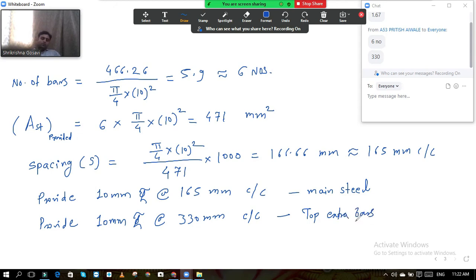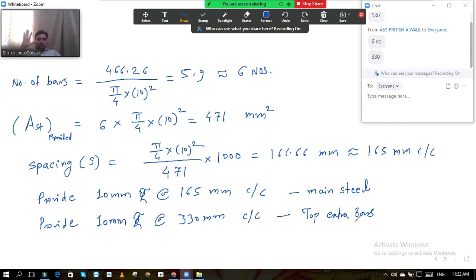Okay, so now see up till now what we have done. We are designing the open well staircase. We have calculated the number of risers and number of treads in flight AB and flight BC. Then we have calculated the effective span of flight AB and flight BC. After that we have calculated the load on the going length of the waist slab, and then the load on the landing, that also we have calculated.